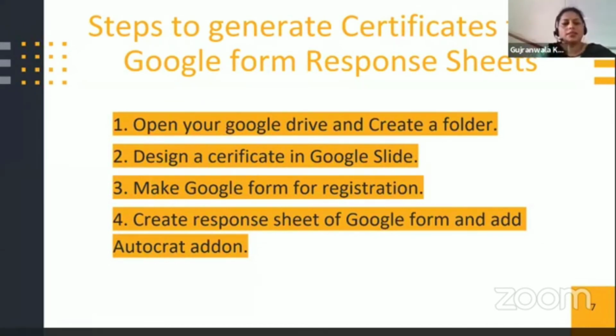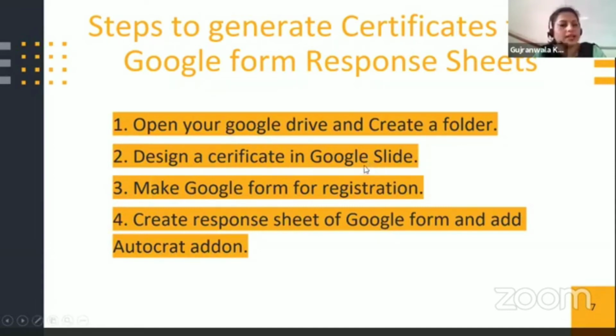So this is why I am telling you about AutoCrat also. Certify.m is done. There are two methods, I can say. If you are comfortable with Certify.m, that's okay, you can go with that. This is the AutoCrat option because it is providing you a feature that you can generate the certificates afterwards once you get a response sheet. So for this, you have to open Google Drive again and create a folder which will contain all your certificates.